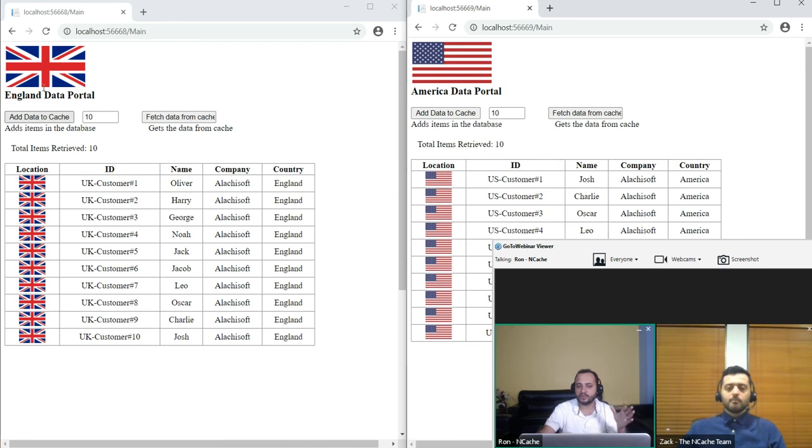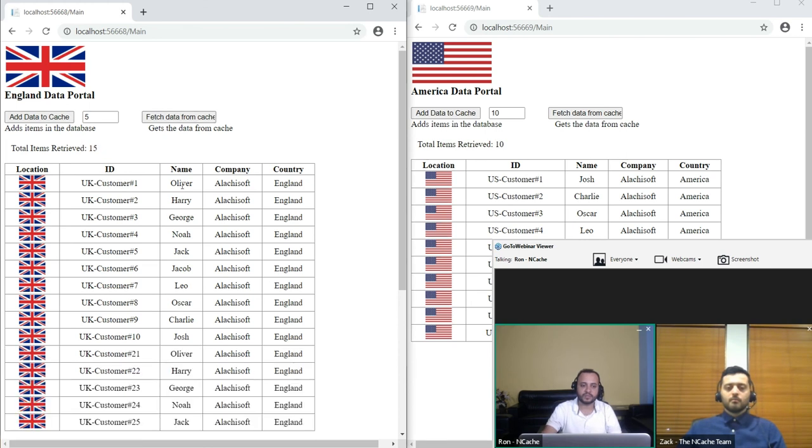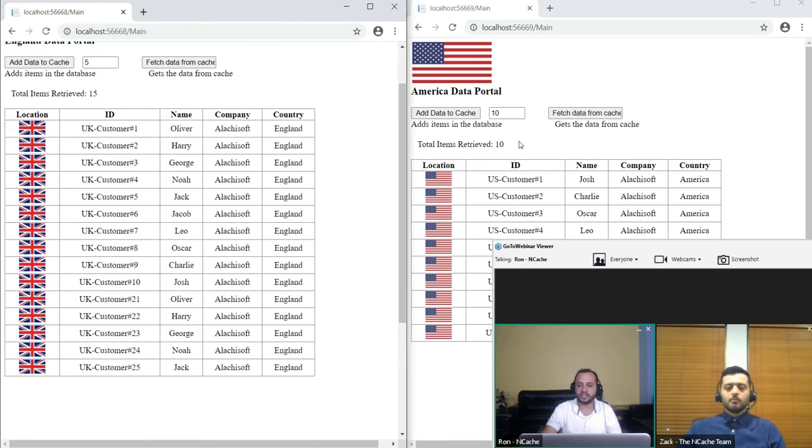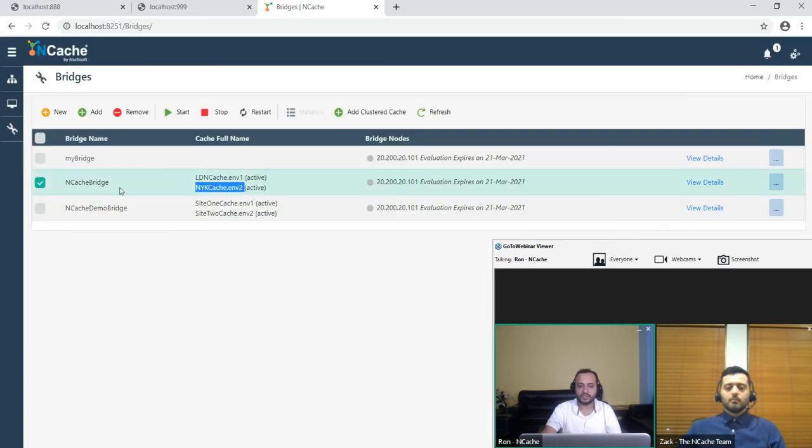But what if the user bounces and needs data from both regions to be made available simultaneously? That's not possible as yet. Let me just add 5 more items here so that this is different in terms of numbers. So we have about 15 items here and 10 items here. With just one click, I just turn this bridge on,